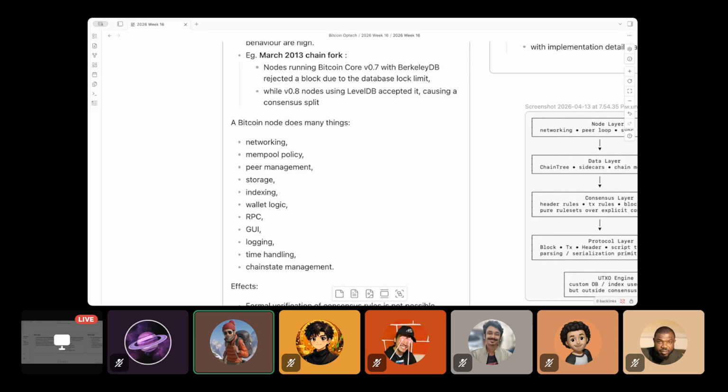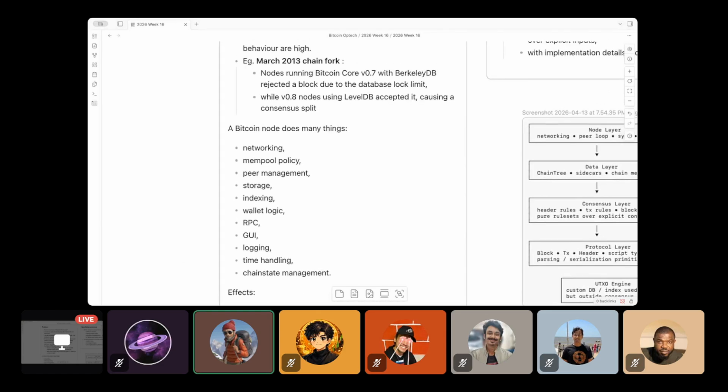It does a bunch of stuff, and consensus is just one part of the whole bunch of stuff that a Bitcoin node does. However, it's not at all clearly defined, and it's not at all modular. So this is something that Hornet is proposing to solve.